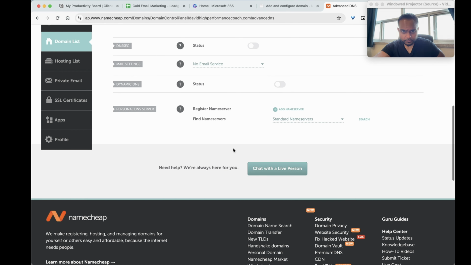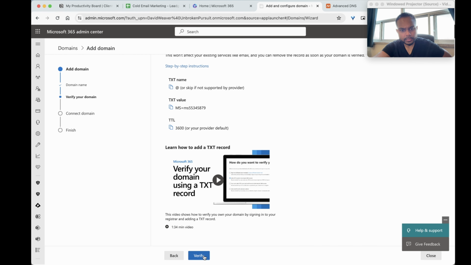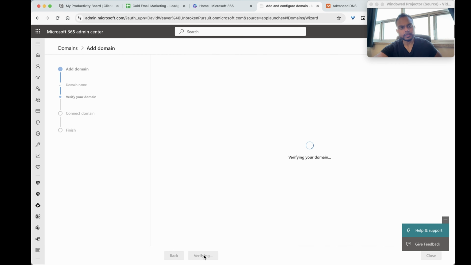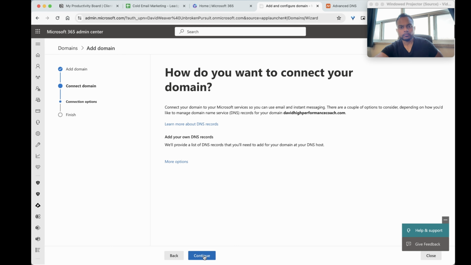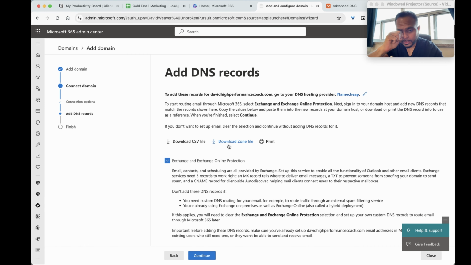All right, that's saved. Now, usually this takes some time. Sometimes it can be quite instantaneous. Just click verify. Let's see what it says. Perfect. So it believes us that this is our domain. So now what you want to do is click continue here, and we're going to add more DNS records to